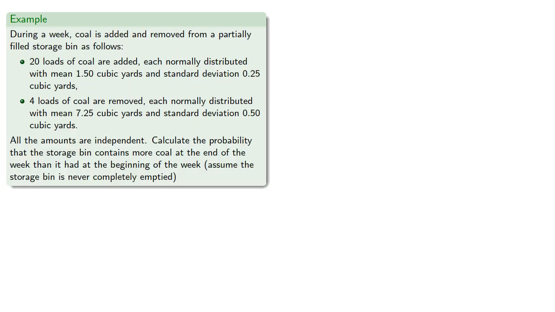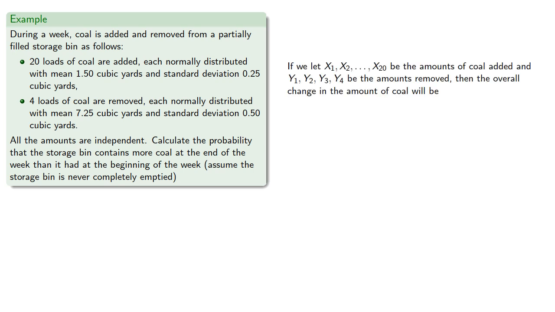Or we could take a more complex problem. So here we have 20 loads of coal being added and 4 loads of coal being removed, and we want to know if the amount added is going to be greater than the amount removed. So let x1 through x20 be the amounts of coal added, and y1 through y4 be the amounts of coal removed. Then the overall change will be,